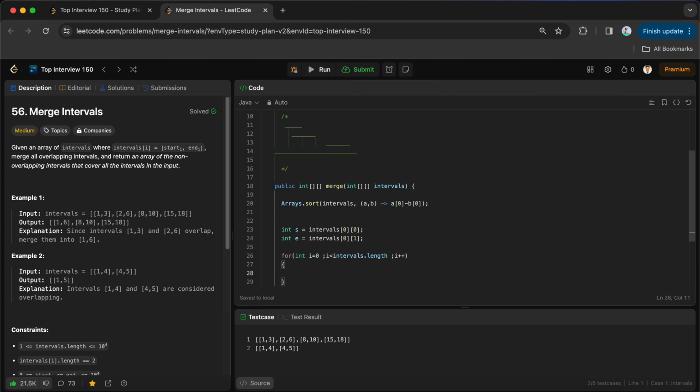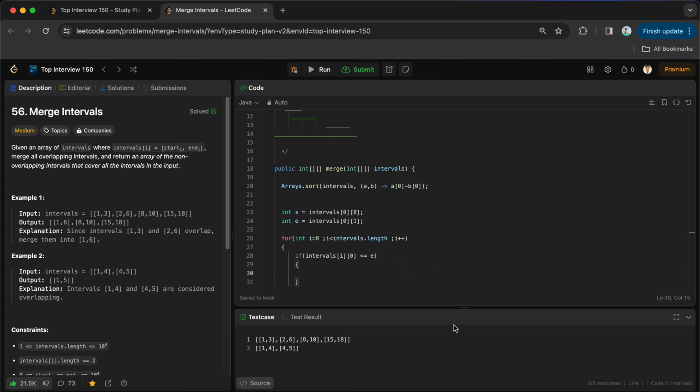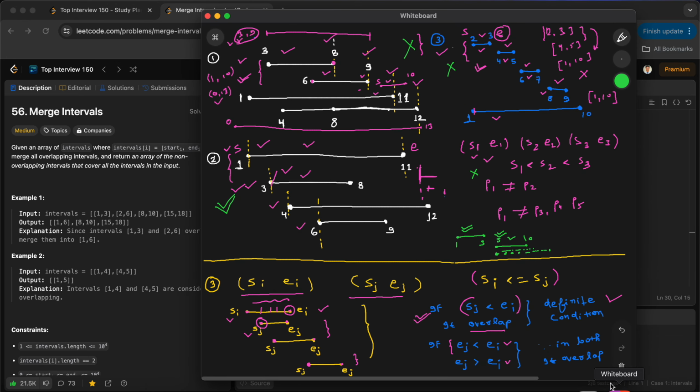So for every interval, if this is the first interval and this is the second interval, for the second interval I have to check whether it is overlapping or not. So I can check like that. If the start point is less than or equal to the end point of my first interval, if it is coming before that, here I explain now. If this start point is coming anywhere in between, so